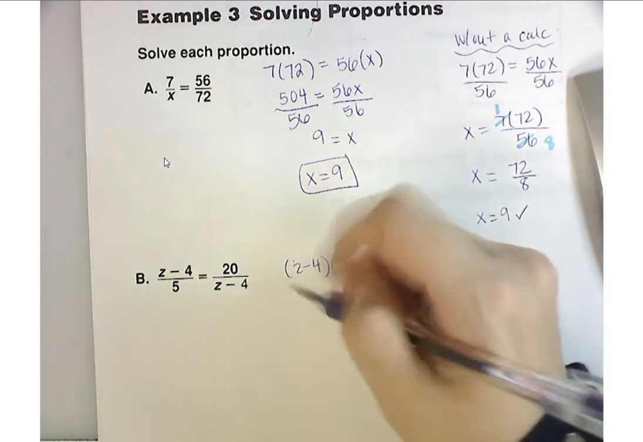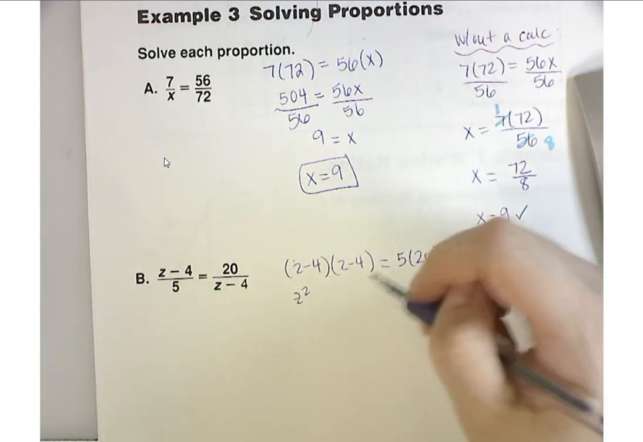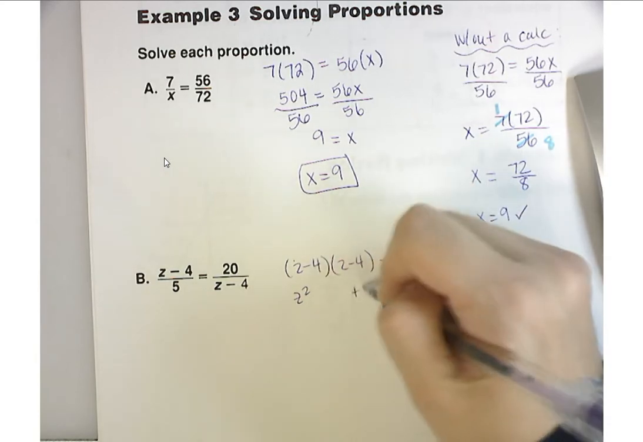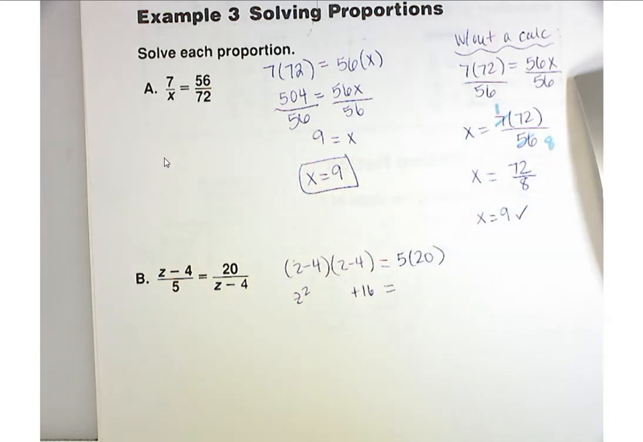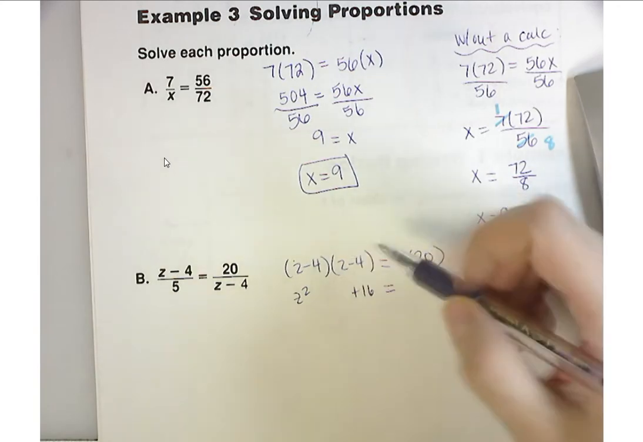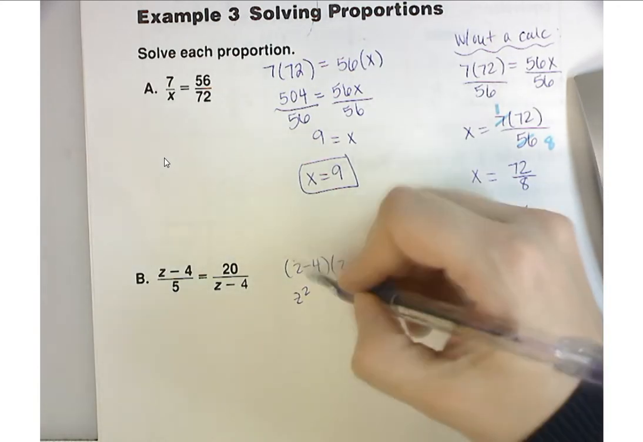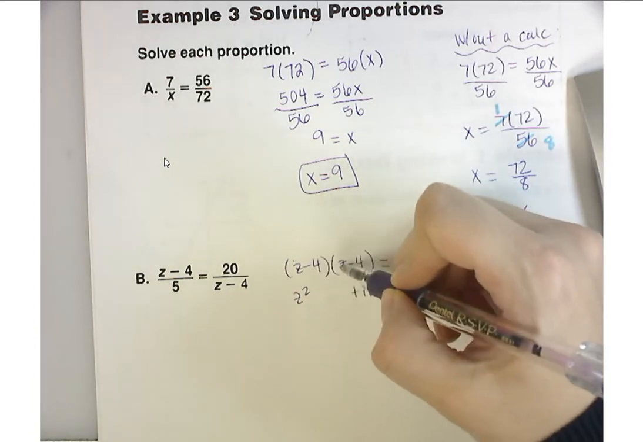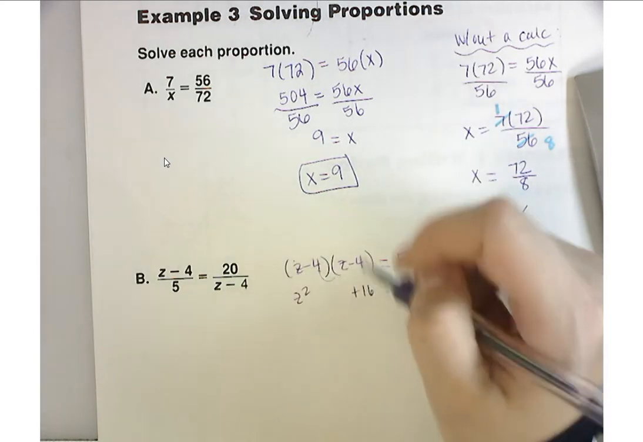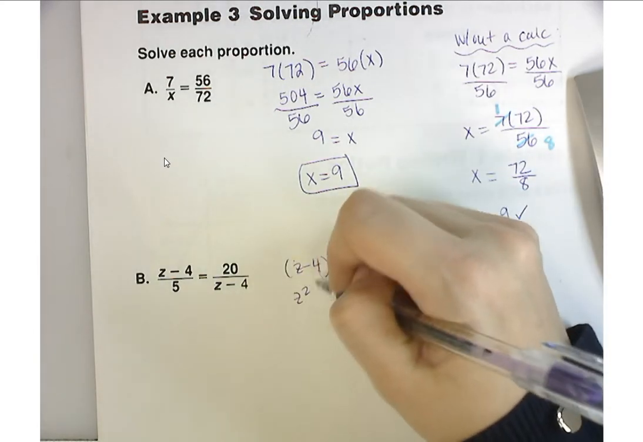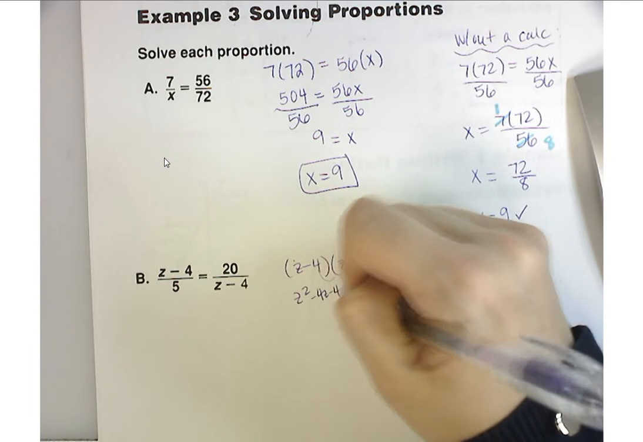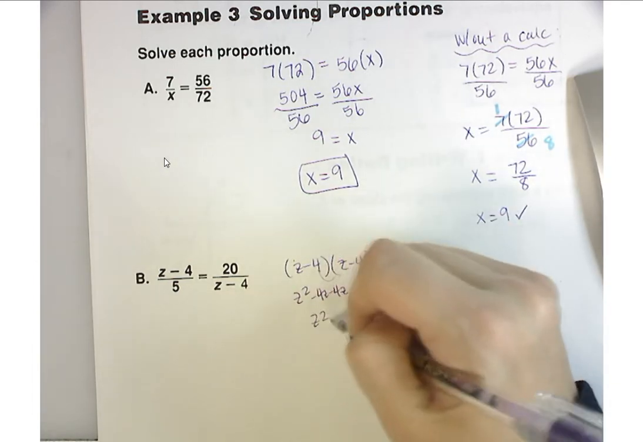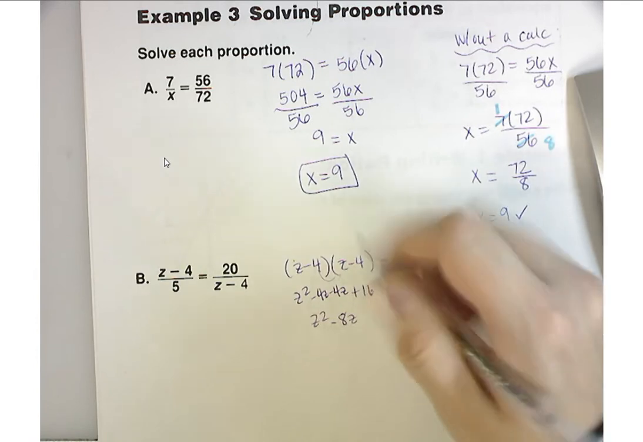Okay, I'm going to put it back here, okay? And then the other side would be 100. And then for this, you're going to have to FOIL. So z times z will be z squared. And then in the center, what would you have? Negative 4z minus 4z, which would be negative 8z. So you'd have z squared minus 8z plus 16